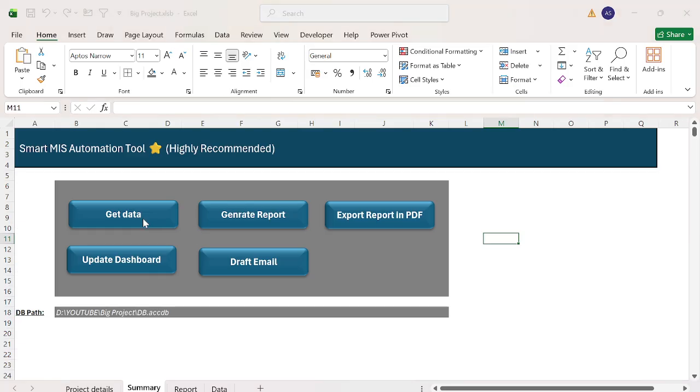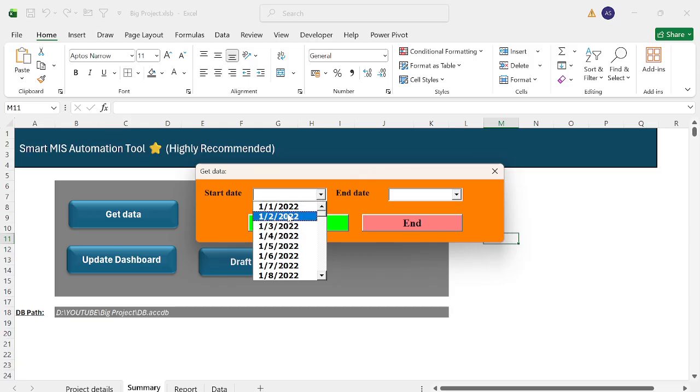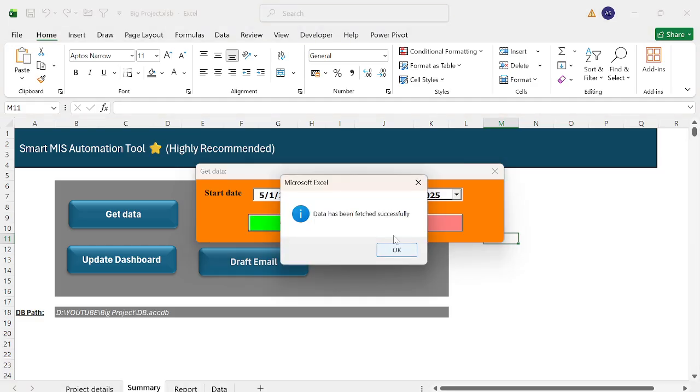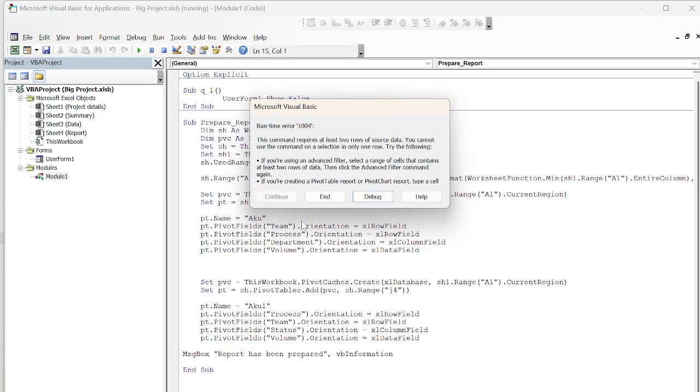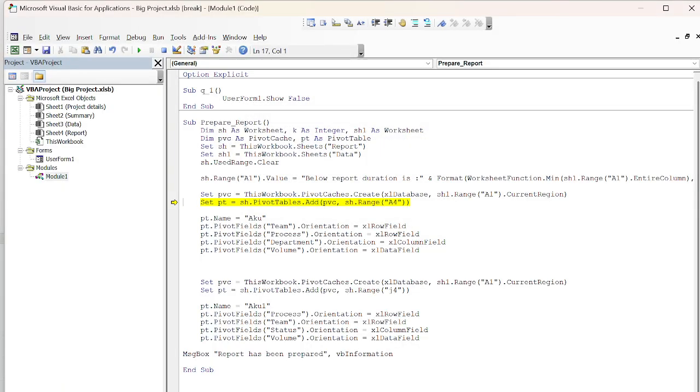Now for example, I'm clicking on it and generating the data from 5th of Jan to 15th of Jan, for example. Okay, 15th of Jan. Now let's get data. The data has been fetched. Now let's generate the report. Okay, debug. As soon as we click on debug, PVC